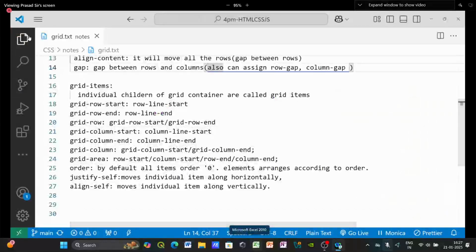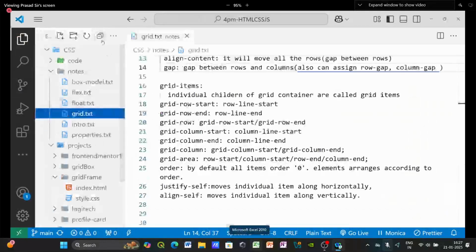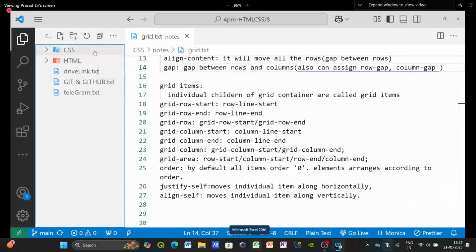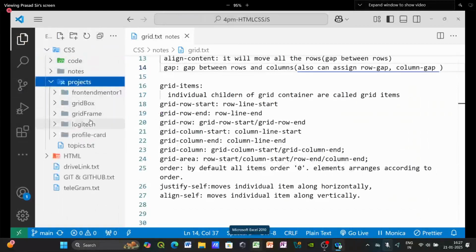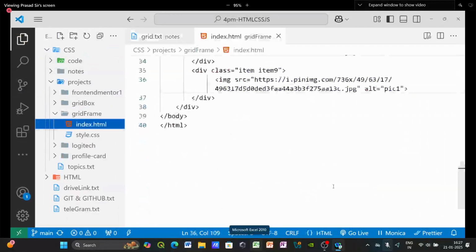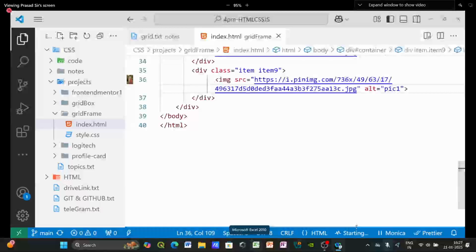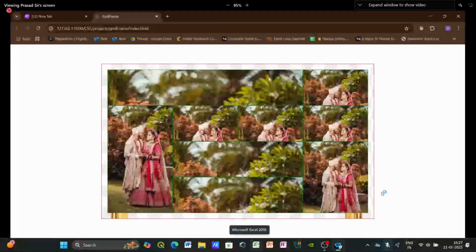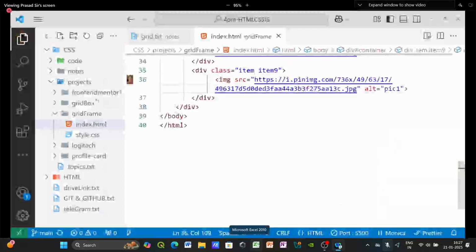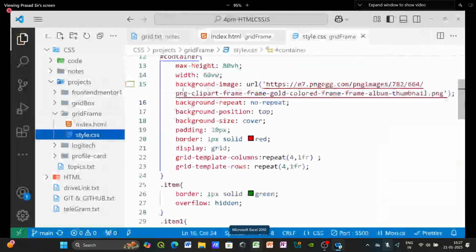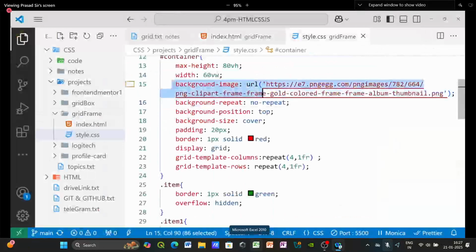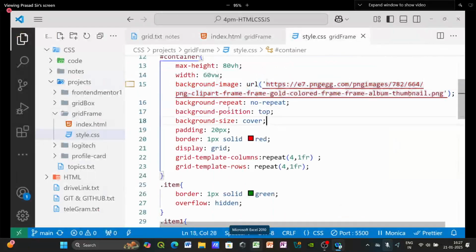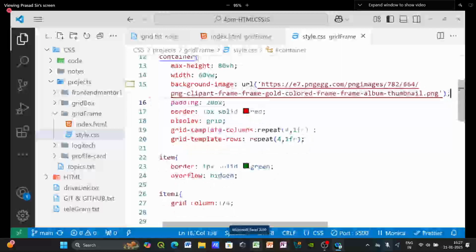You will take a parent element. We did a project actually. We did 2 grid projects. You go to CSS, go to projects, go to grid frame, go here, index.html, and this is the project I did. This is the project I did. I put some background frame instead of this silly logic. If I delete and put some background image,